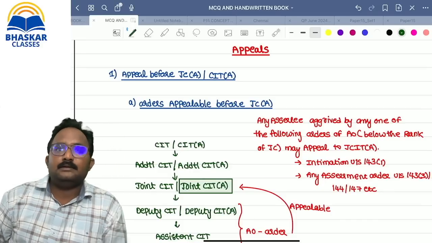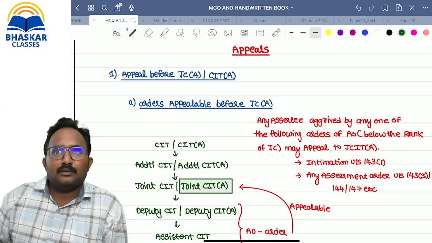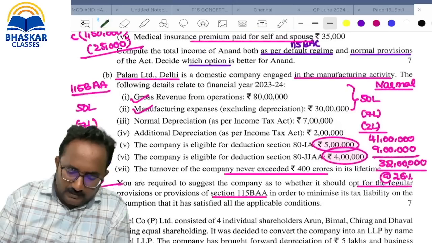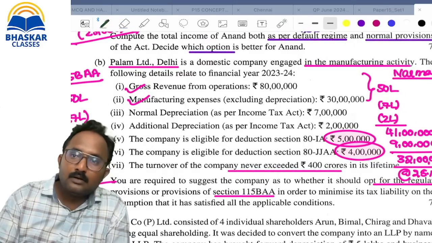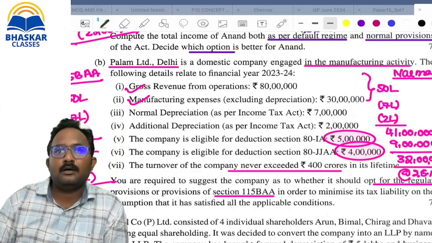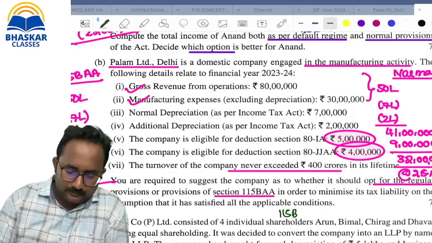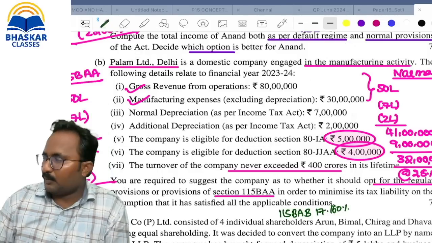I think in the last discussion, for section 115BAA, overriding the rate, we took 17.16. I think we had written it. Please check it out. So here the section number is what, ma? 115BAA. So the rate is nothing but what, ma? 25.168, right? Okay. 115BAB rate is? Okay, overriding only. In the exam, you can take the appropriate rate.